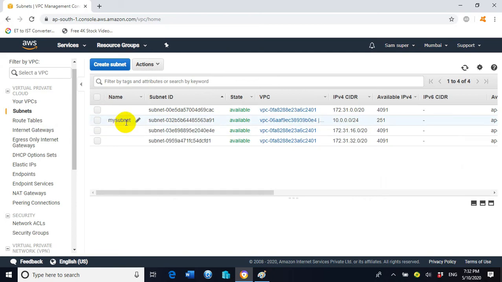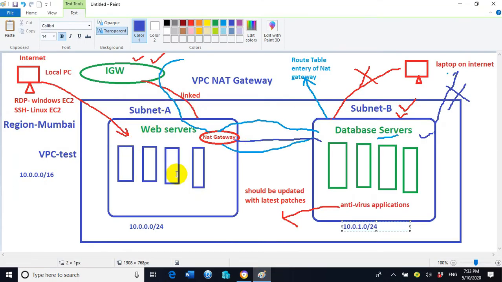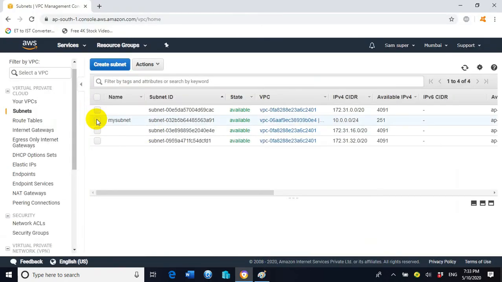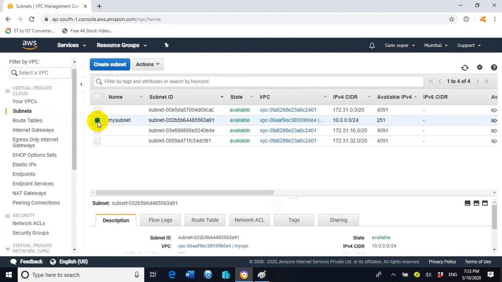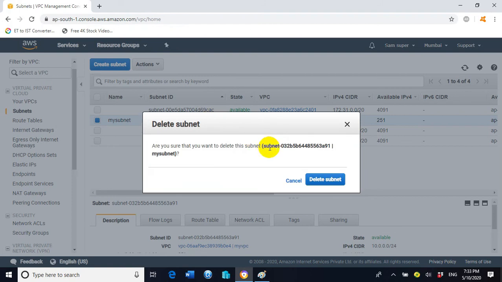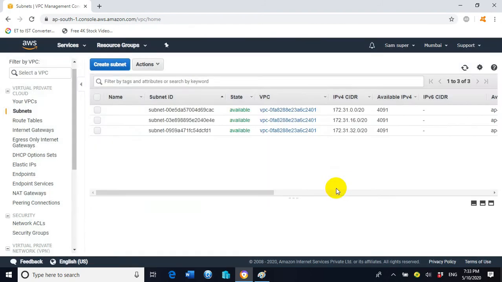So let's give a similar name to the one in this picture or diagram. For that purpose let's delete this subnet. So choose the subnet, click on action and click on the delete subnet option. Click on delete subnet. So the subnet has been deleted successfully.